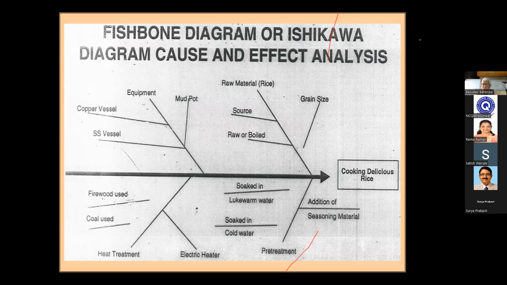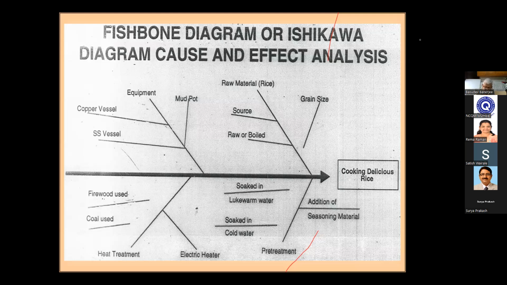In pre-treatment, soak in water, that is the same, isn't it? You actually said too much. How much? That 80 is rice. After that pre-treatment, heat treatment and this one? Tell me. Heat treatment, yes sir. How much is pre-treatment? Raw material 50%, not 80. Somebody gave 80. Then it can be 50. Okay, cold water. Okay, how much treatment? 30.